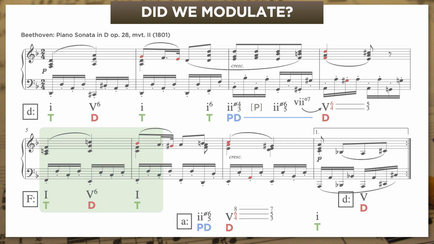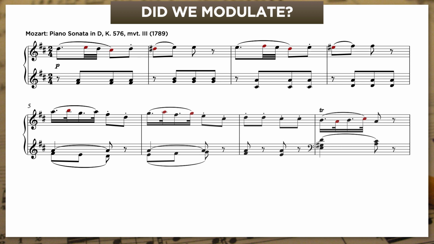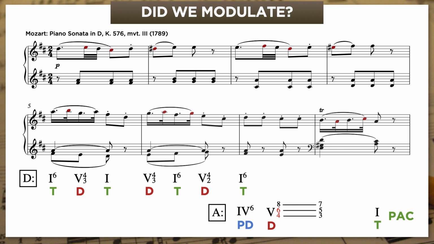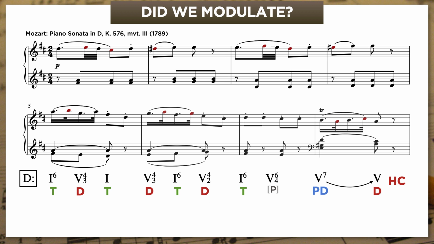You might remember that I showed you this Mozart theme and argued that we could potentially hear it either ending with a half cadence in D or with a PAC in A. It's a point worth revisiting today. So I'm going to play it for you twice. The first time, I want you to try to hear it as a half cadence. More specifically, I want you to try to hear the 4 melodic notes leading into the cadence as scale degrees 1, 7, 6, and 5 in D major. Give it a shot.